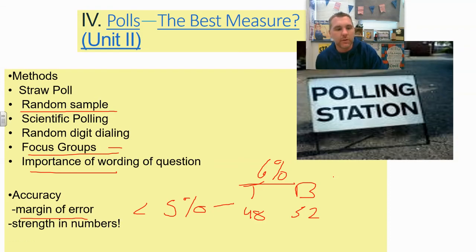And then the last one to know is strength in numbers, right? You always want to shoot for about 1,000. Anytime you can get more than 1,000, you can start building a lot of credibility. Sometimes it's 1,500, sometimes 2,000. But the more numbers you have, the stronger your poll data will be. If you give a poll and it's out of 100 people, again, you have to take that into consideration: is that really representative of the overall population?